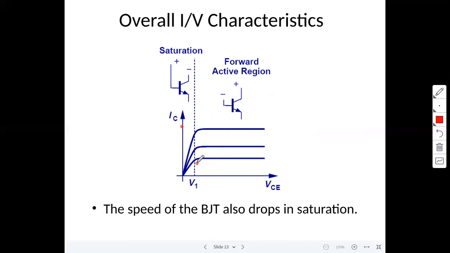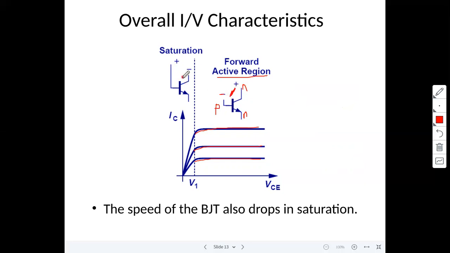This is the collector current, already we know. So far we know that this graph only, these horizontal lines, right? All these are in the forward active region, or simply active region. What does this minus-plus symbol indicate? This junction is in reverse bias. Why? Because here it is P, here it is N, here also N. So this PN is forward bias, this PN is reverse bias. That means P connected to minus, N connected to positive, this is reverse bias.